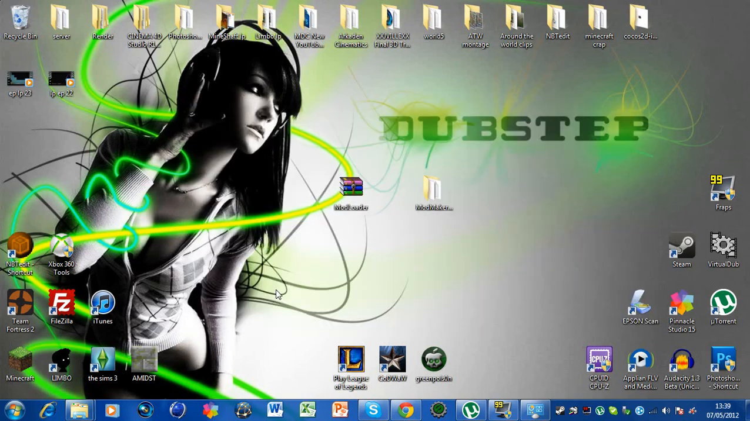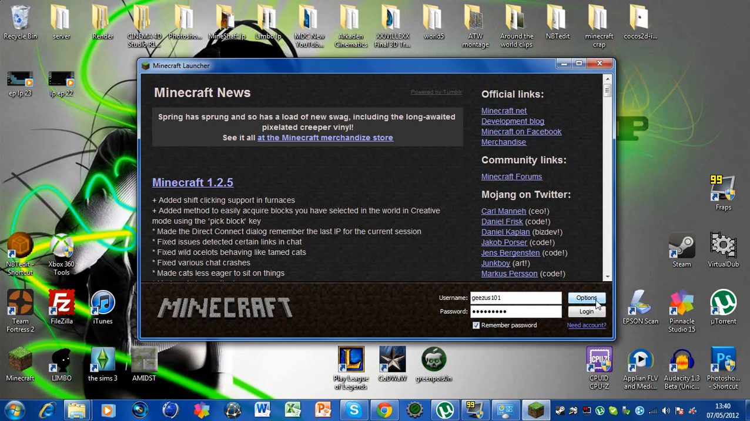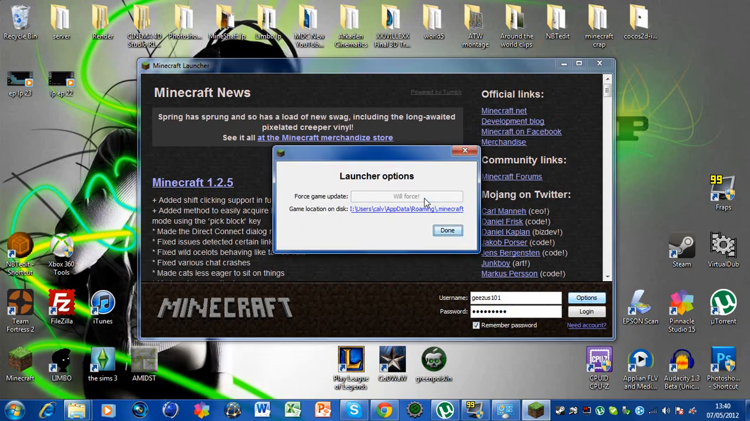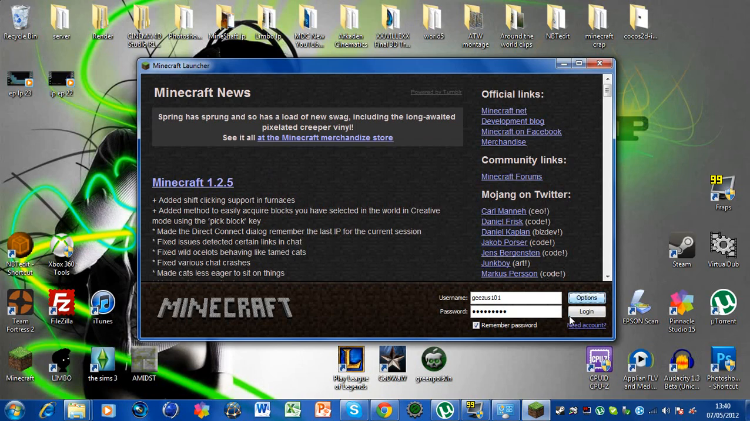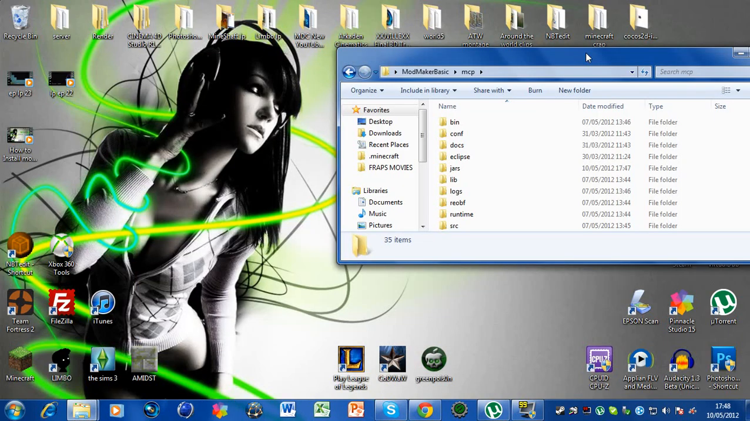Okay, so the next thing you want to do is make sure you have a new Minecraft installation. So a new Minecraft bin. So an easy way is, if you do have mods installed, you want to just make a backup of your bin. But if you're not really bothered, then here's mine. But you just want to go options, force update, done, and then log in, and it should update. Alright, so once you've updated your Minecraft,